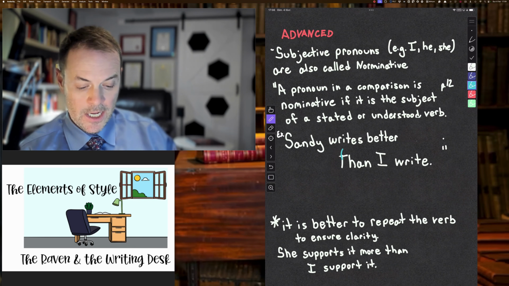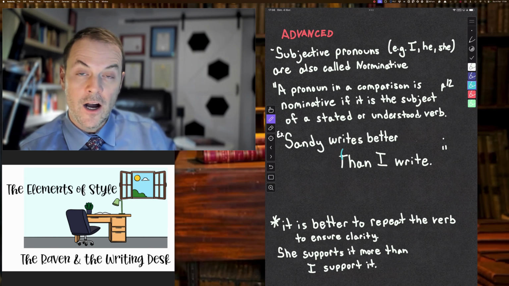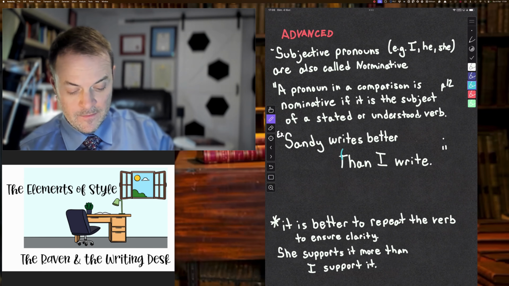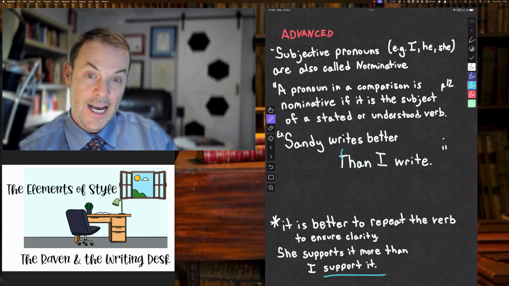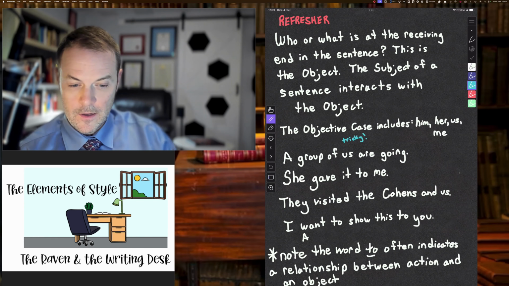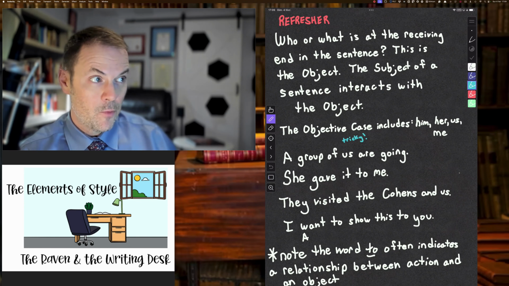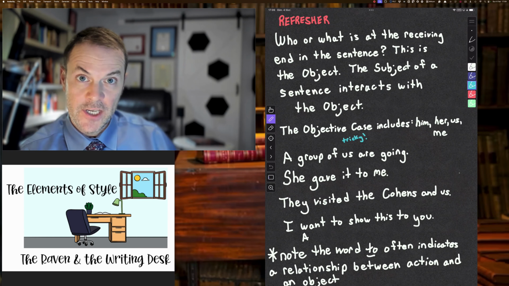Likewise down here, she supports it more than I support it. I support having that little bit there at the end of the sentence. Moving on to the next point, I just talked about subjects, but